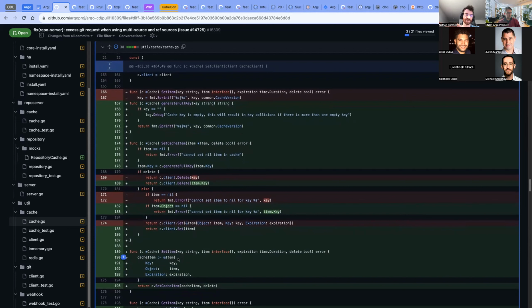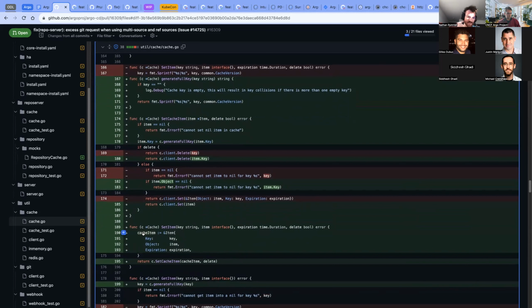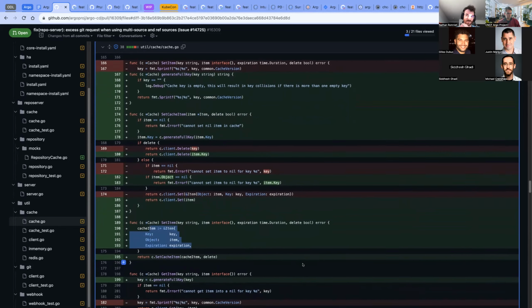So with that interface change, I'd like to see more of you pass it as part of the config for the item that you're passing in.